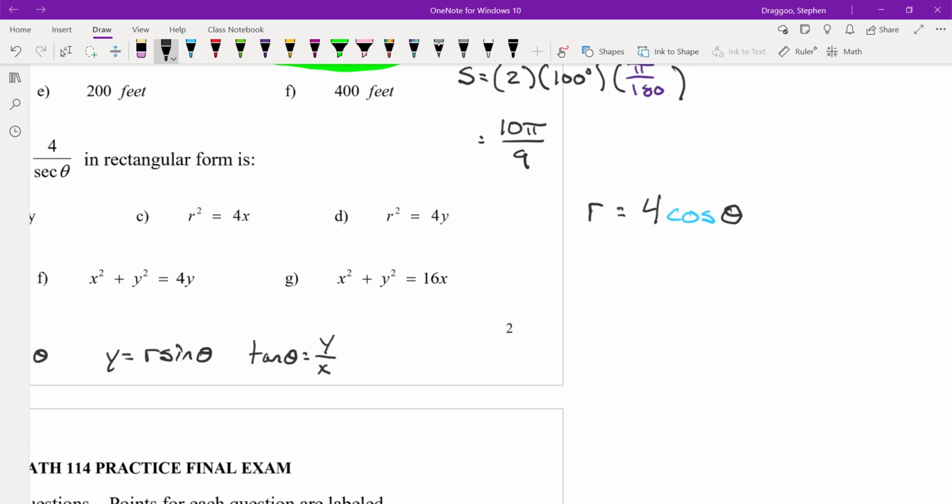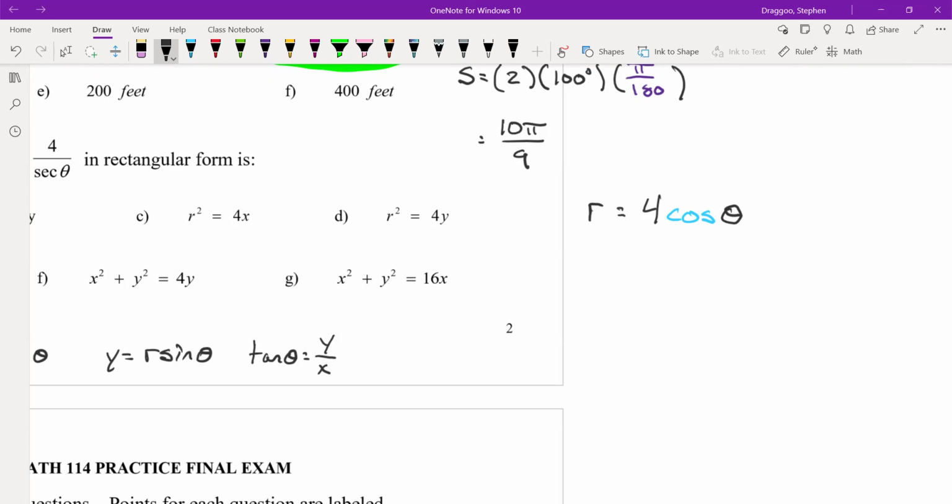Also, anytime I see a sine or a cosine by itself, I'd like to somehow attach an r to one of those trig functions, because then I get a nicer substitution for x or for y. So sometimes, if I just had r equals 4 without the cosine theta there, I would probably square both sides and say r squared equals 16. Then I get x squared plus y squared equals 16, which is the equation of a circle, kind of like we'd expect. But if I have an equation more like this one, where I've got r equals 4 cosine theta,